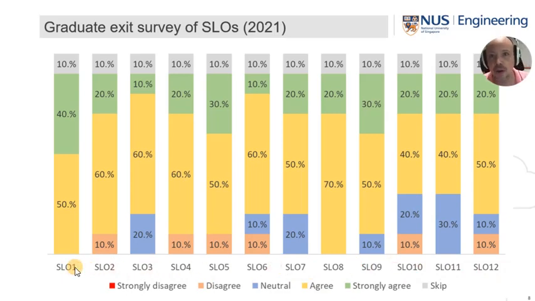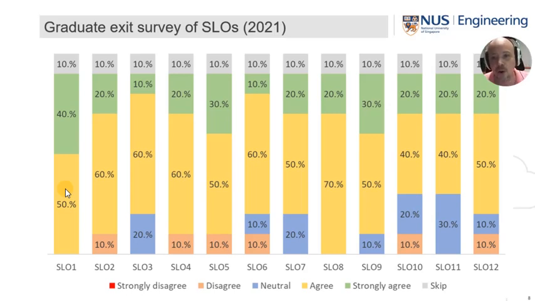They are on our ESP webpage as well. I want you to read those. Very important. Those are something that you can work towards as you are with ESP. And again, strongly agree and agree. I want to draw your attention to green and this yellow color here. And you find throughout that we have a good proportion of green and yellow, which makes me really happy, because this tells me that our graduating students feel that they have met our SLOs,